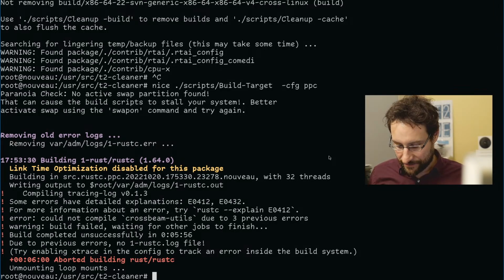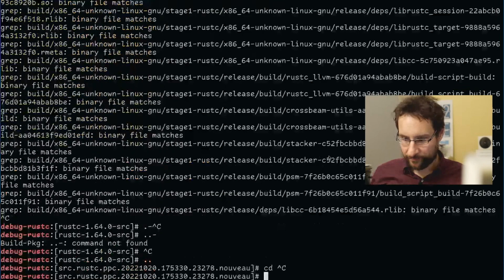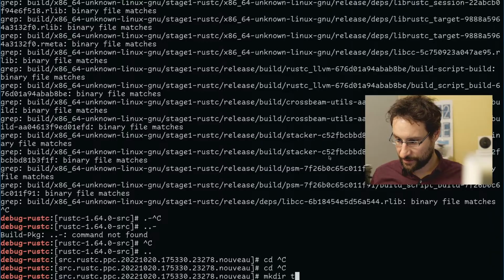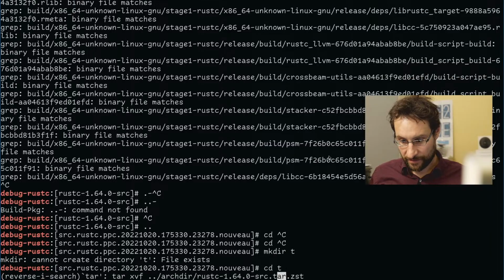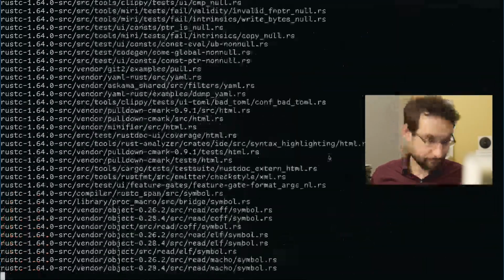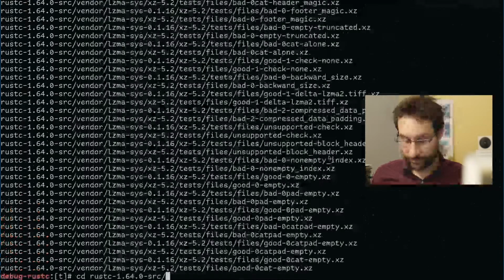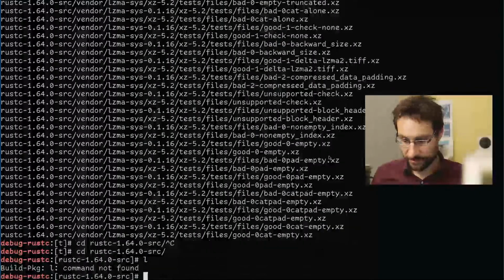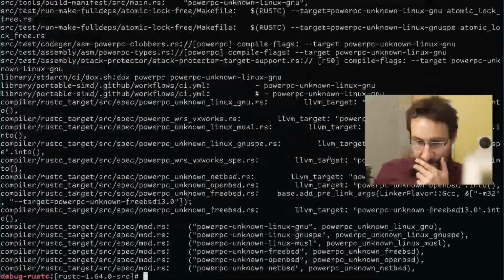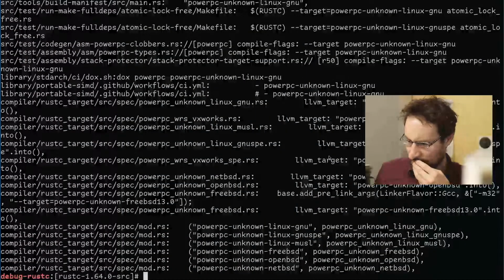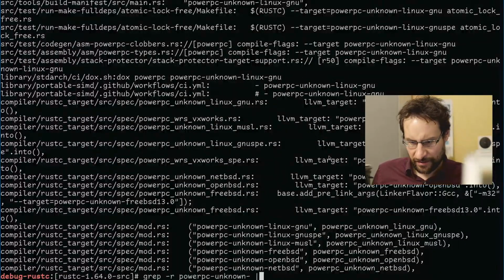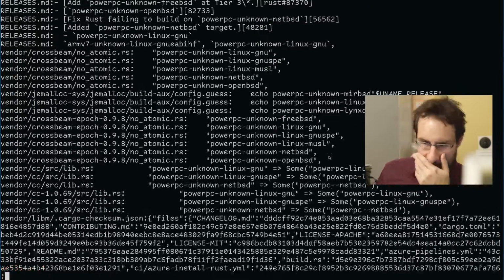So yeah, let's tackle that. Let's mkdir that again and tar that again. Maybe I should not extract these variables. Let's see how many shit there are. So what I wanted to check is how many,